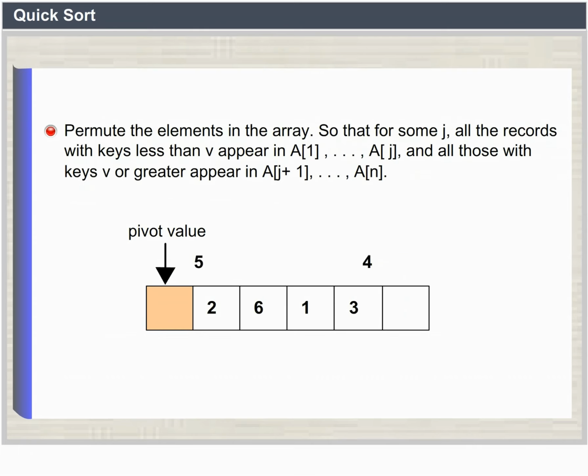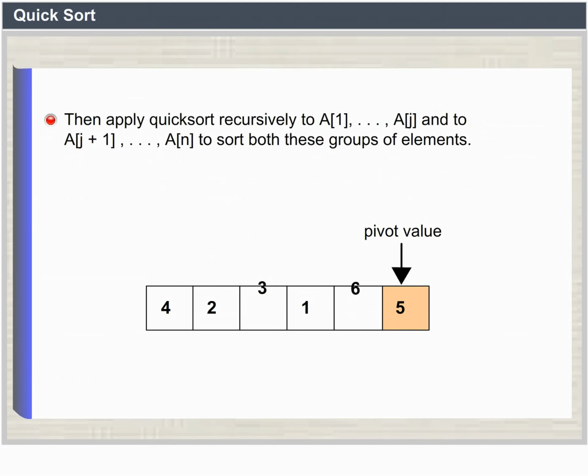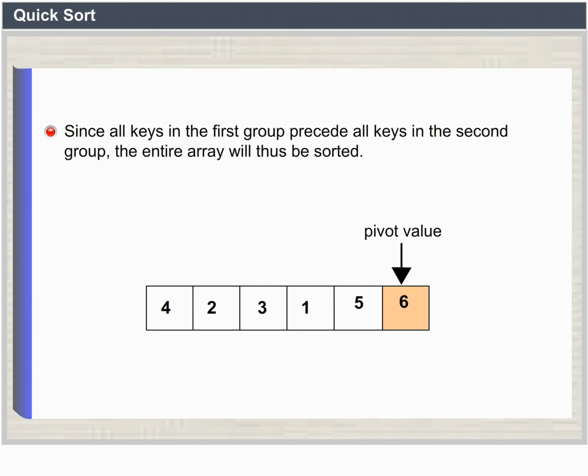Permute the elements in the array so that for some j, all the records with keys less than v appear in A[1] to A[j], and all those with keys v or greater appear in A[j+1] to A[n]. Then apply quicksort recursively to A[1] to A[j] and to A[j+1] to A[n] to sort both these groups of elements. Since all keys in the first group precede all keys in the second group, the entire array will thus be